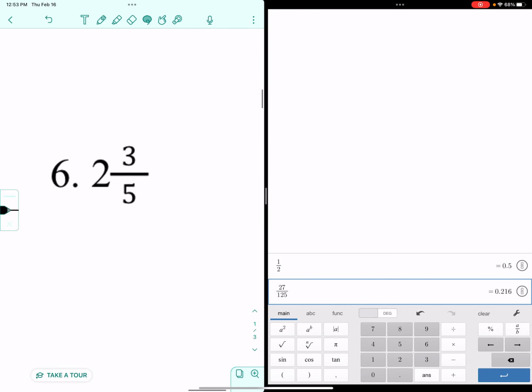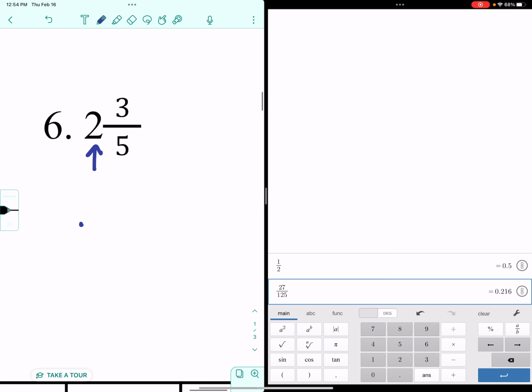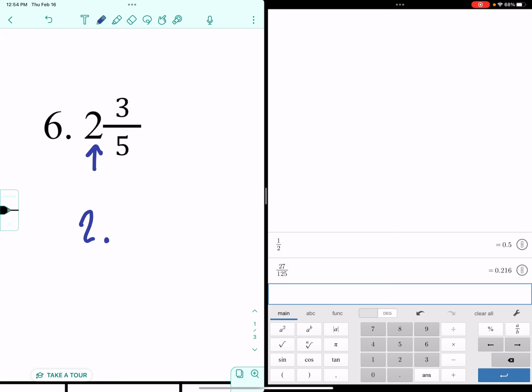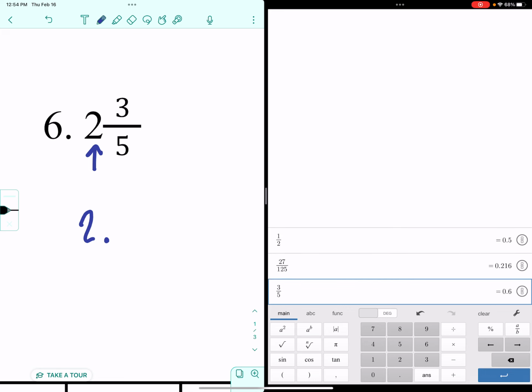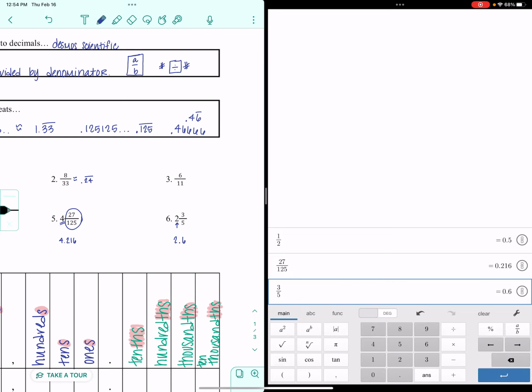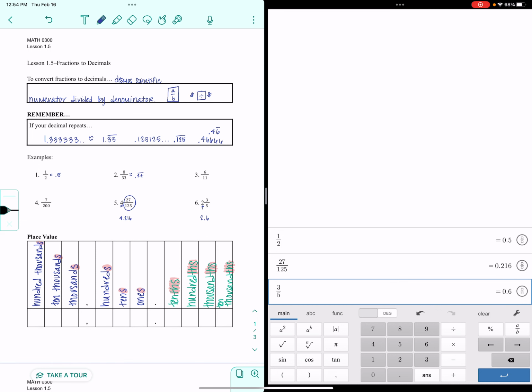We'll do one more with a mixed number. I have the whole part right there. So I know it's going to be 2 point some stuff. And if I go over to Desmos and I do 3 divided by 5, I get 0.6. So that is a quick look at changing